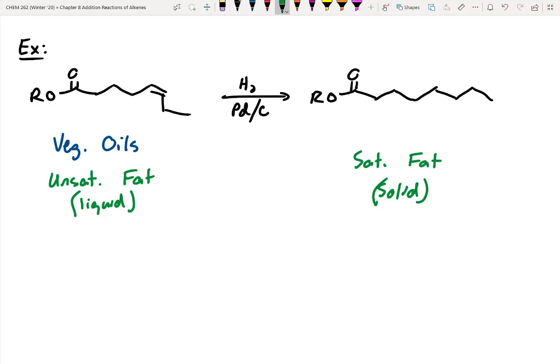It's terrible for you. Why? Causes heart disease. In fact, what happens during the hydrogenation process is they don't want to hydrogenate all of the alkenes because otherwise it's like a brick. It's not fun to cook with. So they partially hydrogenate it, meaning they want to hit maybe half of the double bonds, but not 100% of them. But what happens is they scramble some of the double bonds from the cis configuration, shown here, to a